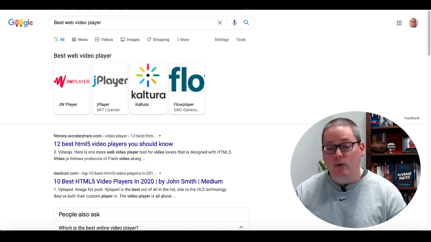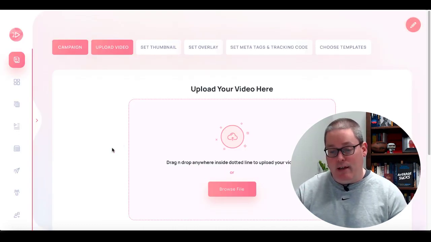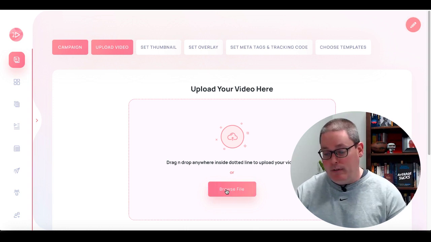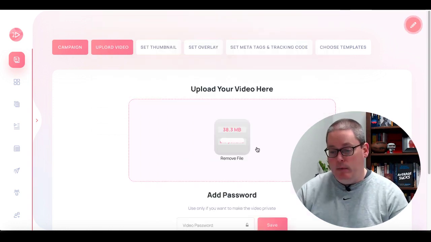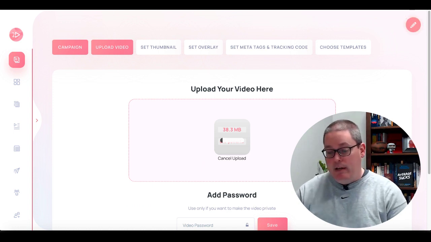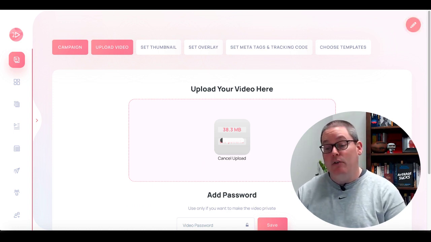So let's go back to ViidCloud and finish this campaign setup. So we're going to browse and we're going to find a video. I have a short video clip right here that I'm going to upload, and we're going to see how this works. You can see there it's uploading, and this is connected to their Amazon S3 storage,